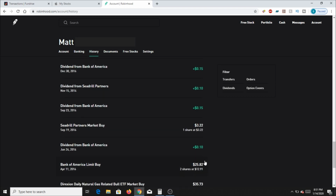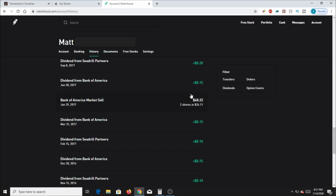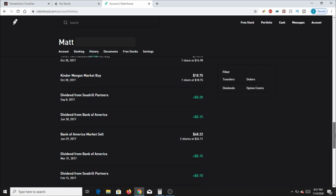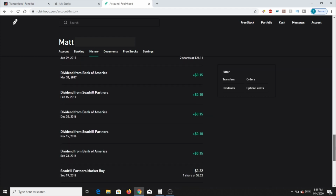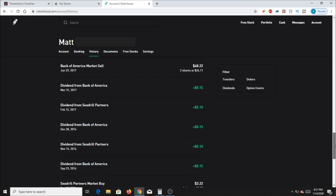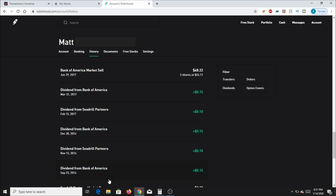So I bought it for just under 26 bucks, and I sold it for just over 48. So almost 100% return on those Bank of America shares, and it was paying me a decent dividend. I mean, 15 cents every single quarter. So just from that alone, I made about 45 cents or so from dividends, because I got paid in September